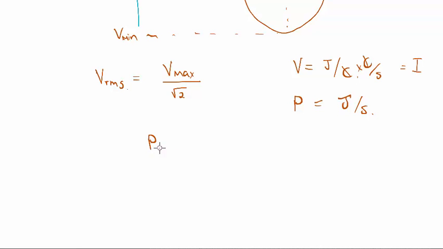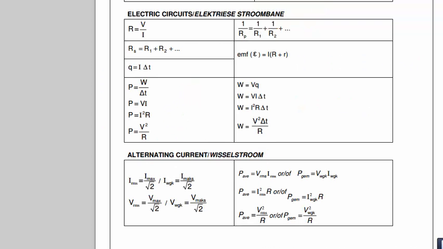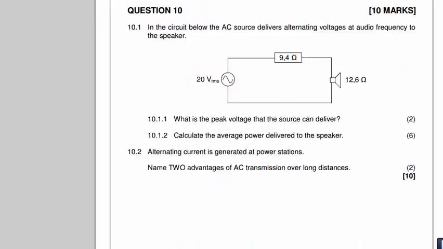So if I want to know what my average power is, I will take the average voltage, which is now just the root mean square voltage, times the average current. And again, the average current is calculated the exact same way. It's taking the maximum current divided by the square root of 2. So we just need to do that because in this question,